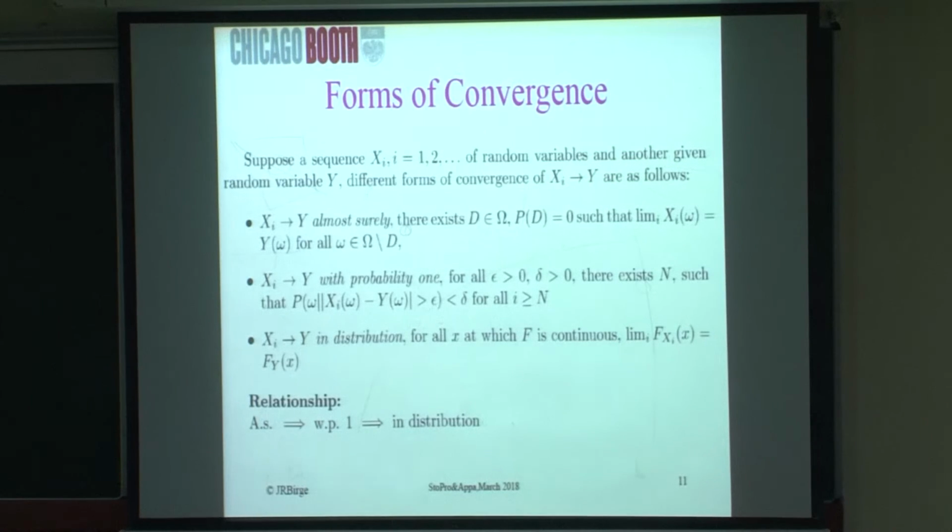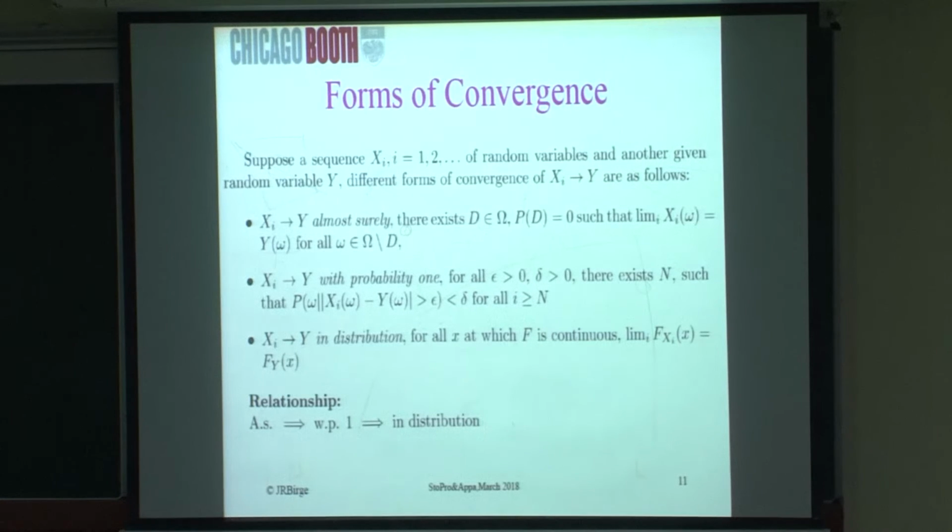Or often we're asking questions like, how far is it from what we're really interested in? So if I'm interested in what this random variable is, I want to find out how far it is from that random variable. When is it that this random variable is going to converge to this other one? Okay, so there are basically three ways in which they can converge.